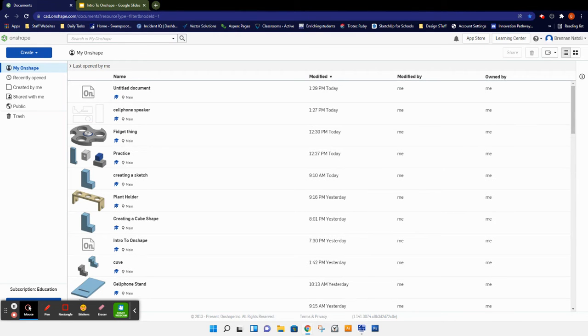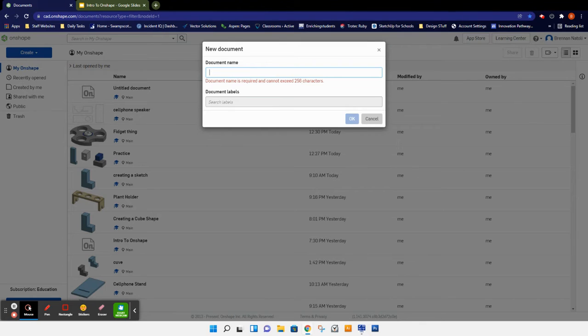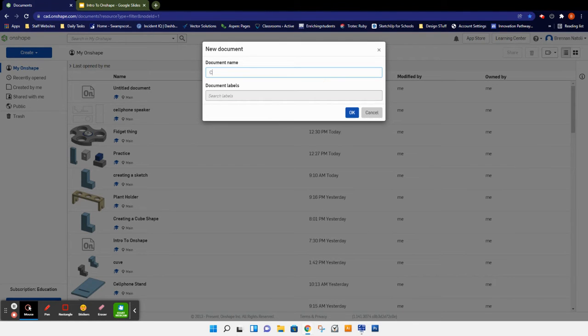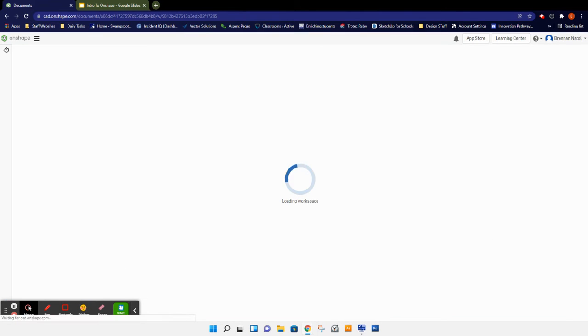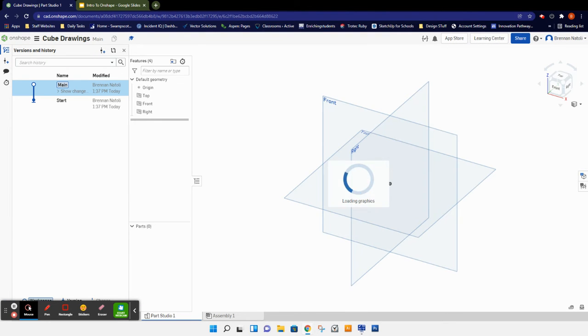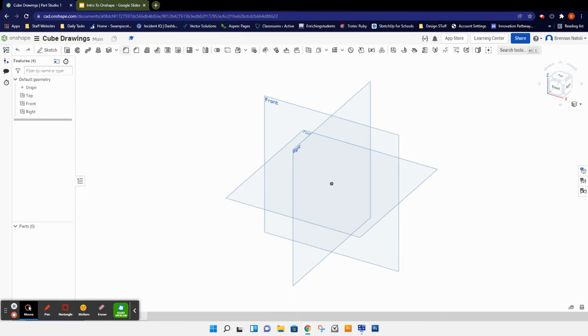Remember, to create a new document, you're going to click Create, Document, title this as Cube Drawings, and hit OK. First thing you want to do is make sure your drawing is set to inches. So up here on the left-hand side next to the title, the Onshape logo, there are those 3 bars here. If you click those 3 lines,